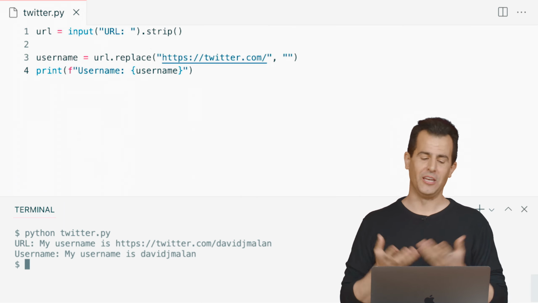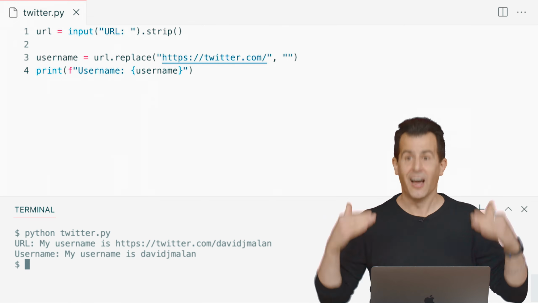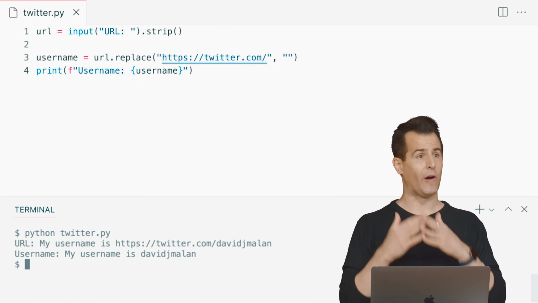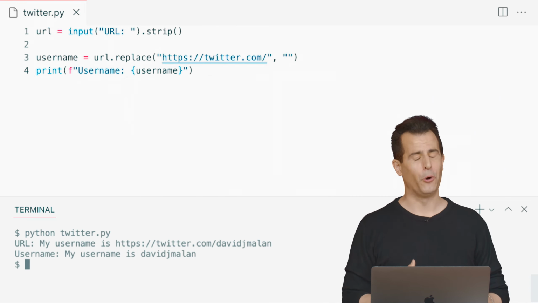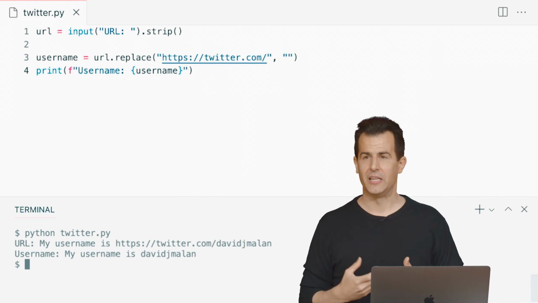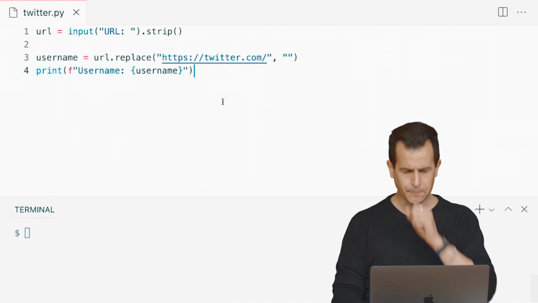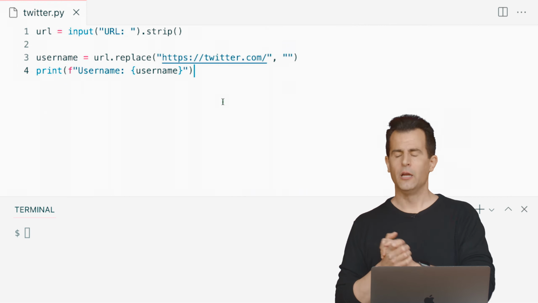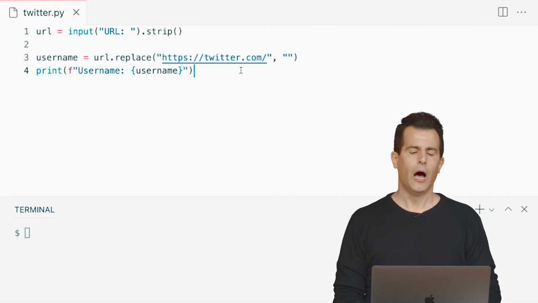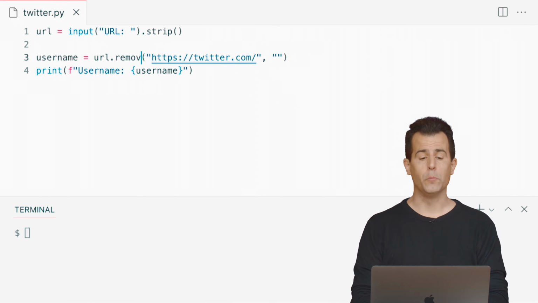So I would argue that even though I just accidentally created perfectly correct English grammar, I did not extract the Twitter username correctly. I don't want words like my username is as part of my input. So how can we go about improving this and maybe chipping away at some of those problems one by one? Well, let me clear my screen here. Let me come back up to my code and let me not just replace it, but let me do something else instead. I'm going to go ahead and instead of using replace, I'm going to use another function called remove